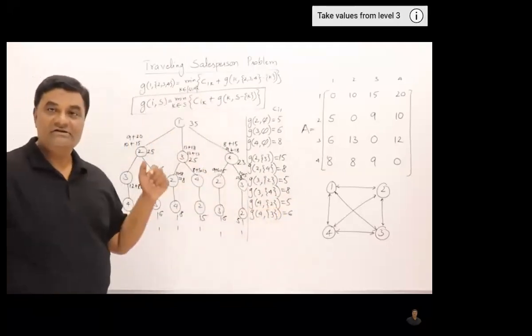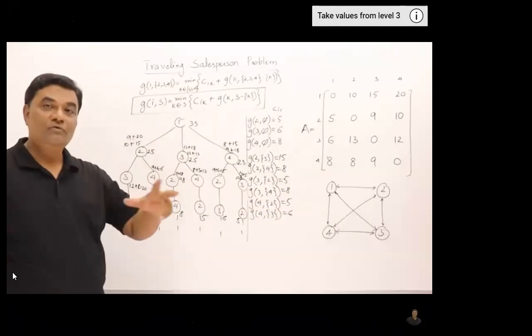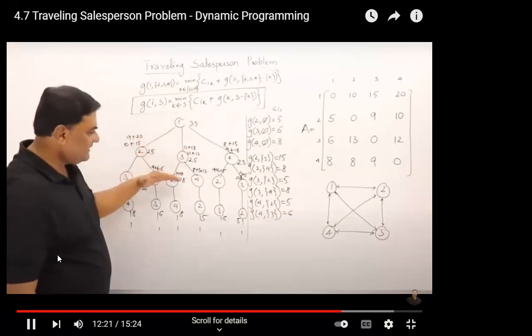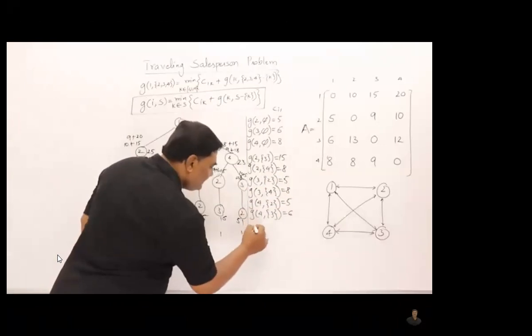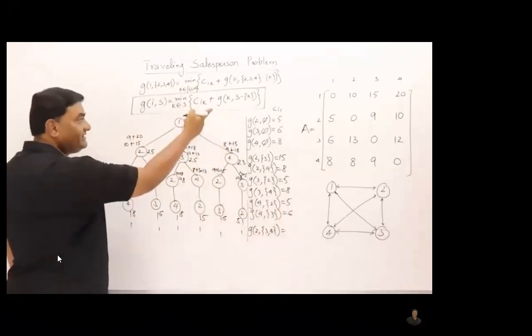So we have considered that we are on some vertex and the only remaining vertex that we have to visit is 1. Now we have to consider 2 vertices remaining. So we are moving one level up. We are on 2, remaining are these 2. We are on 3 and remaining are 2 and 4. So for this we will prepare sets. We are on vertex 2 and the remaining vertices are 3 and 4, and the cost we have already found out, the minimum of these two using this formula,